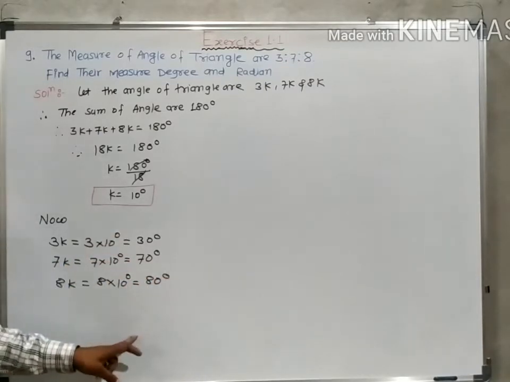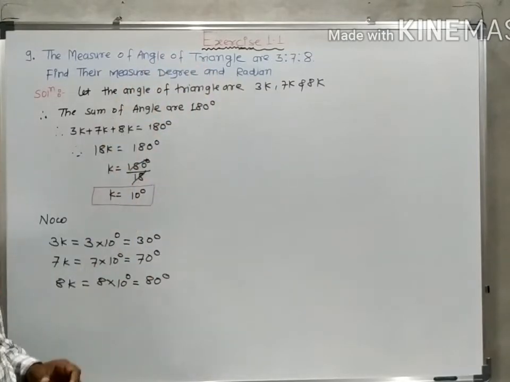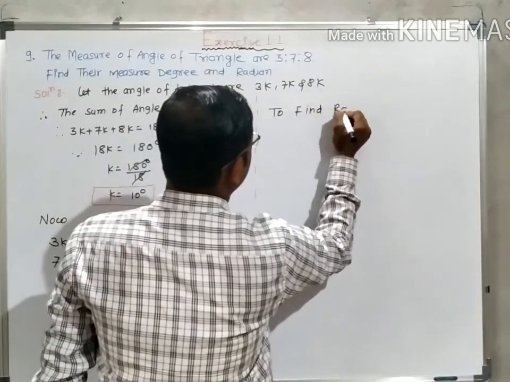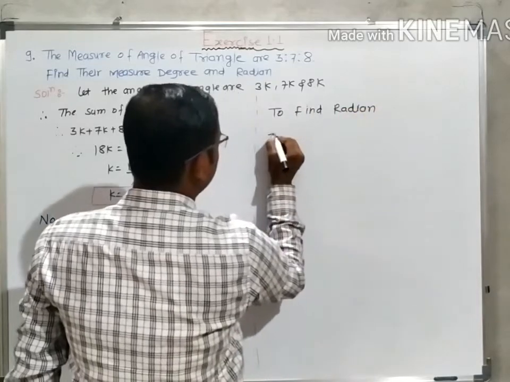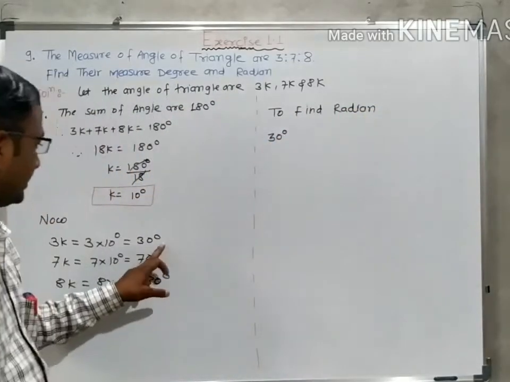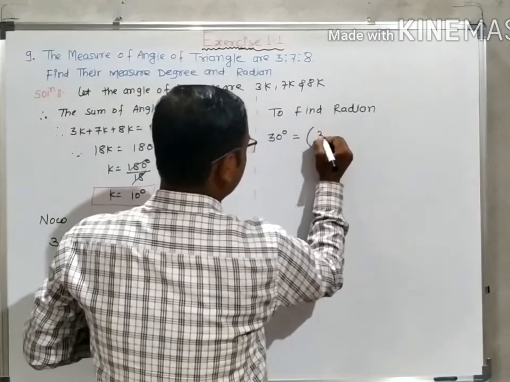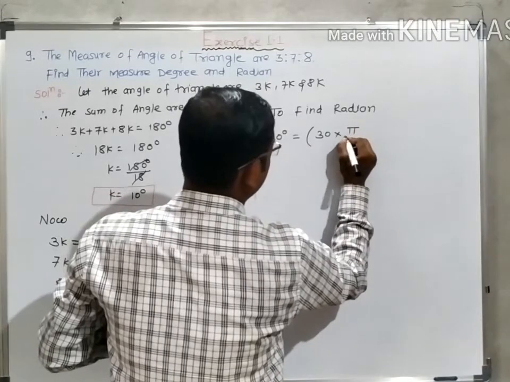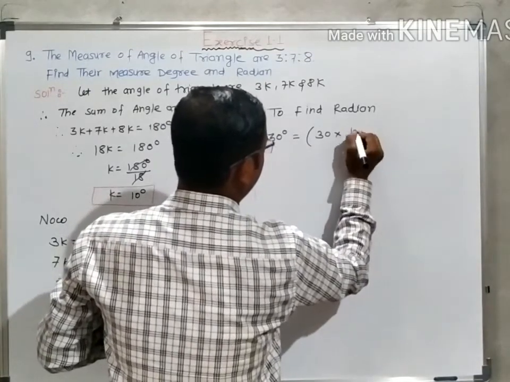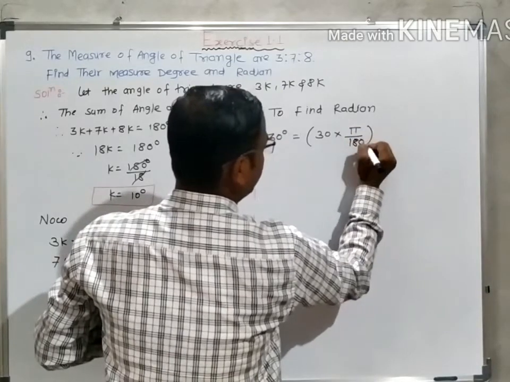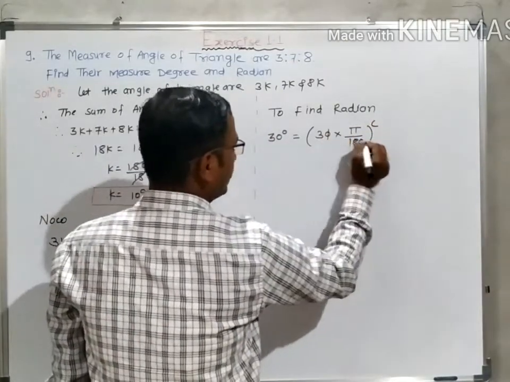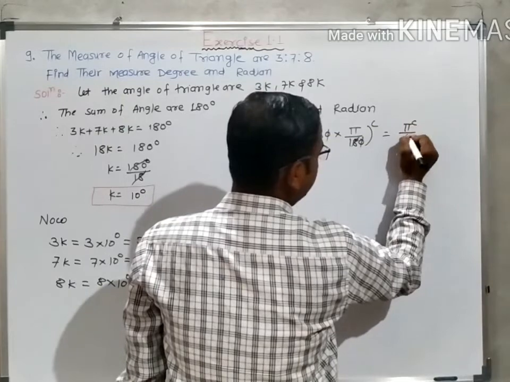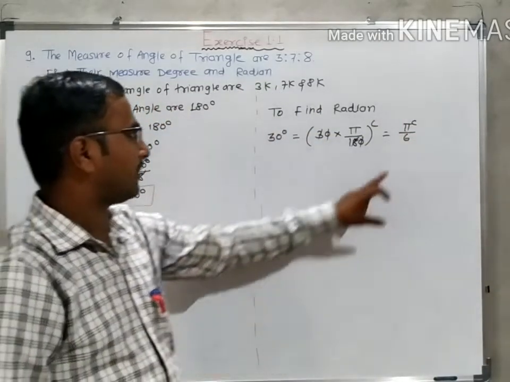Now, this is the conversion in degree. Another is to find it in radians. So this is 30 degree. First angle is 30 degree. Convert into radian. So 30 degree is equal to 30 into pi upon 180 degree. Conversion into radian. So the 0 gets cancelled. 3 6s are 18. So this is pi radian upon 6. 30 degree converted into radian is pi radian upon 6.